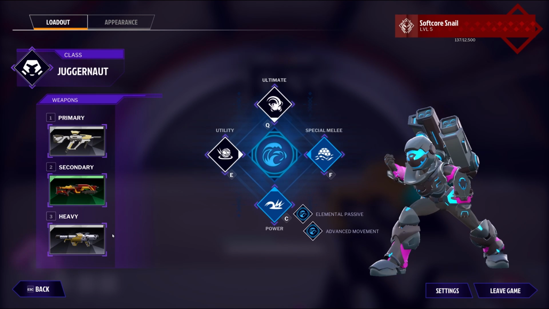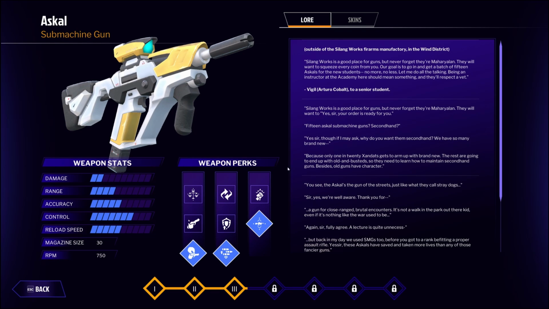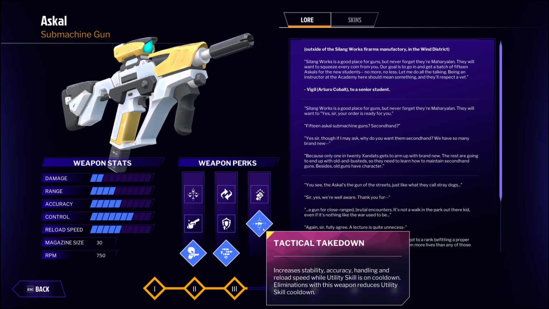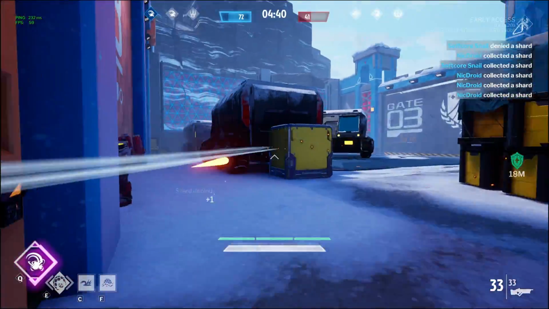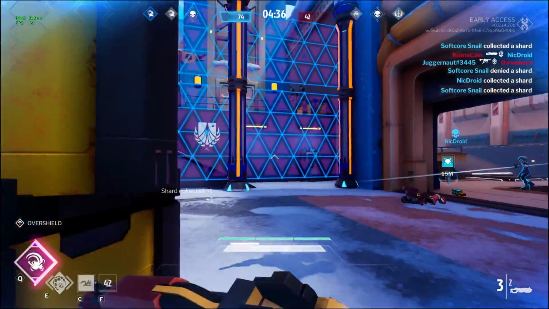Okay, so as I was saying, I want to talk about the Askell SMG. This SMG can have some quite nice synergy with any of the melee or utility abilities because of these two perks: Brawl Power and Tactical Takedown. Basically, what the perks do is that they will buff the Askell when your utility or melee skill is on cooldown, which can be useful if you use your abilities as soon as they're up,